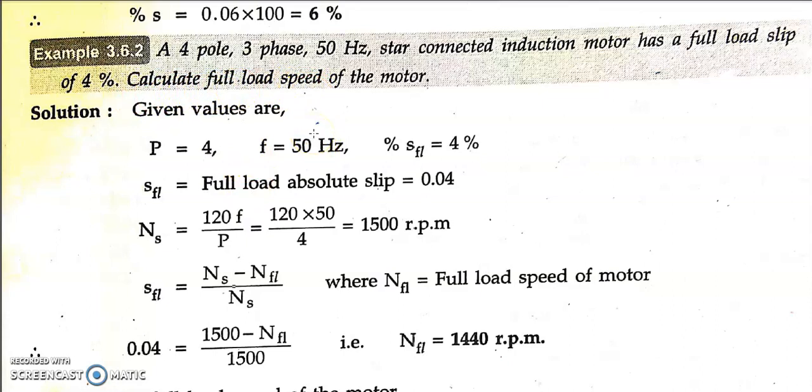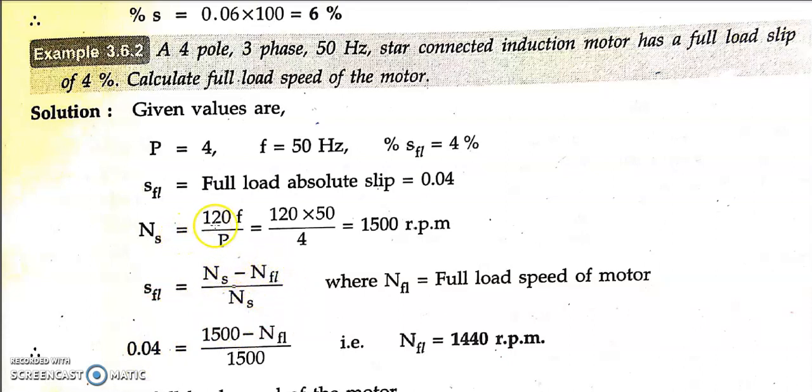So it's nothing but N, not Ns. We have the formula here, just take it as the normal formula. S is equal to (Ns minus N) divided by Ns, but since they are asking you to calculate the full load speed of the motor, I shall write the suffix FL here. If I write FL here, the slip would change in terms of slip at full load. Here I don't know what NFL is or what Ns is. SFL is given, so I'll substitute SFL as 0.04, and one more parameter I need to calculate for NFL. So Ns I need to calculate.